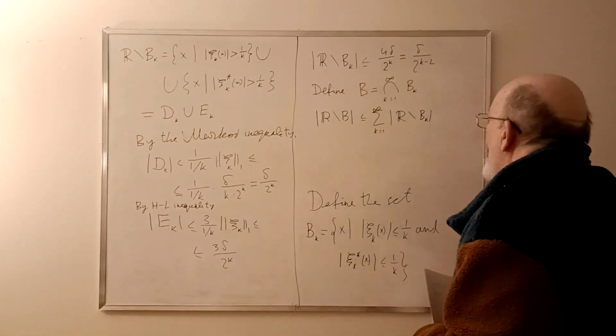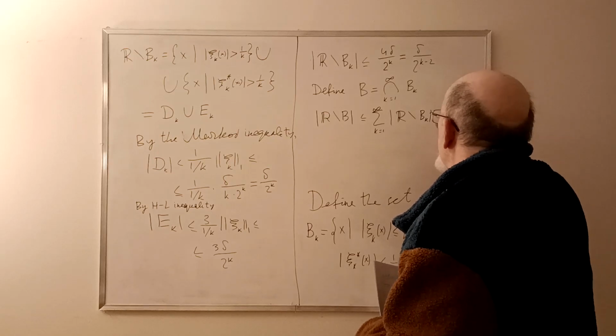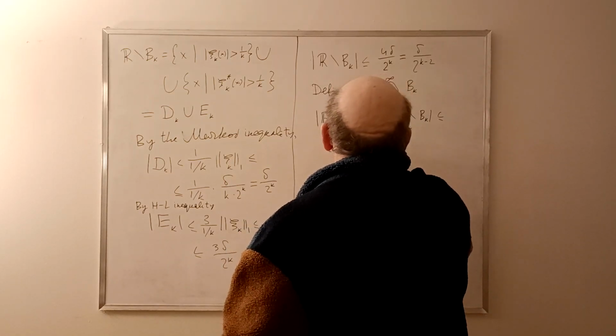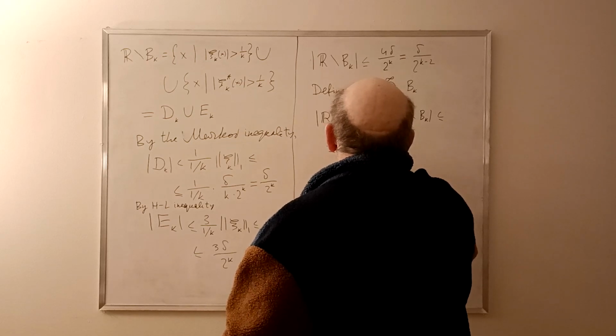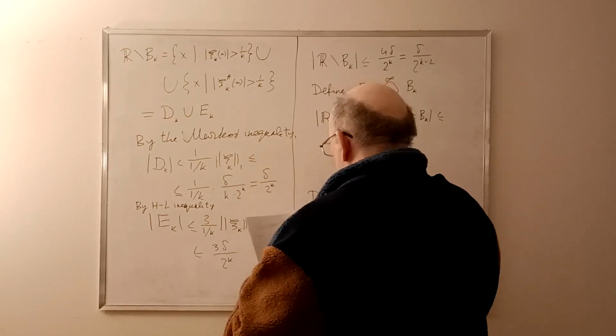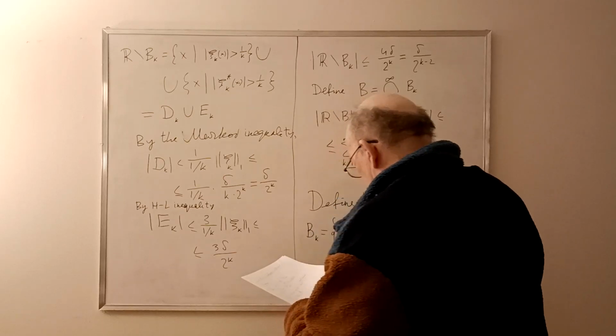It is less or equal the sum of delta 2 K minus 2, K from 1 to infinity, which is equal to